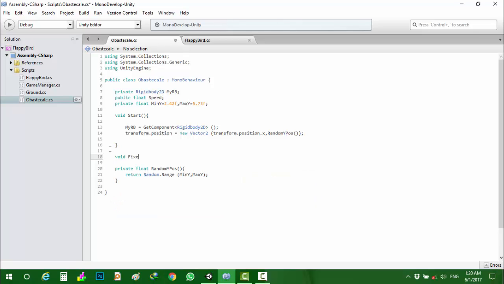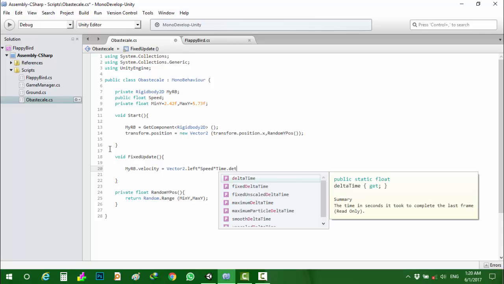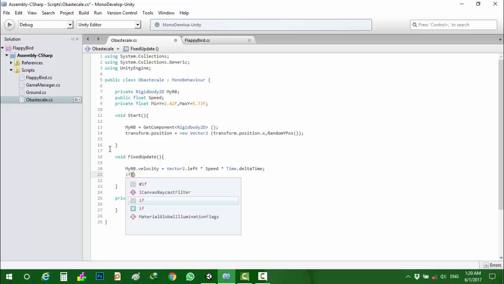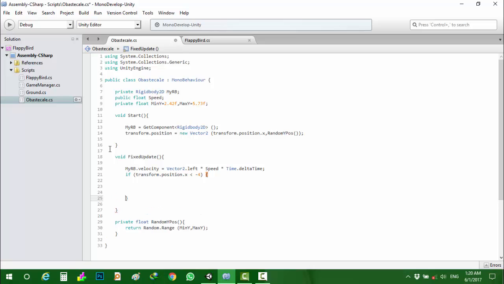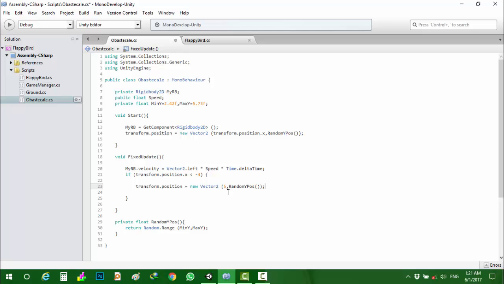Now in the fixed update function, we will set the velocity to Vector2.left multiplied by speed multiplied by Time.deltaTime. Now if the transform.position.x is lower than -4, we will reset the position of the pipes to a new vector 5 with a random y, and